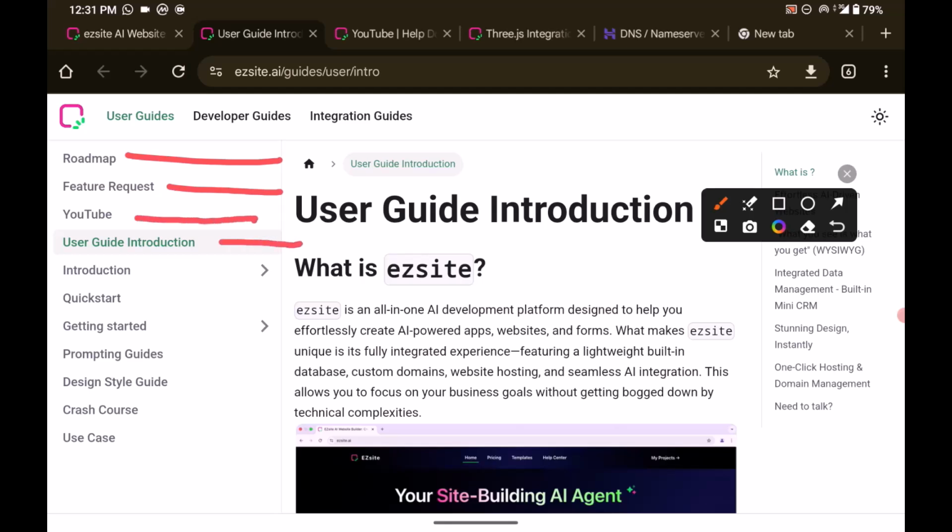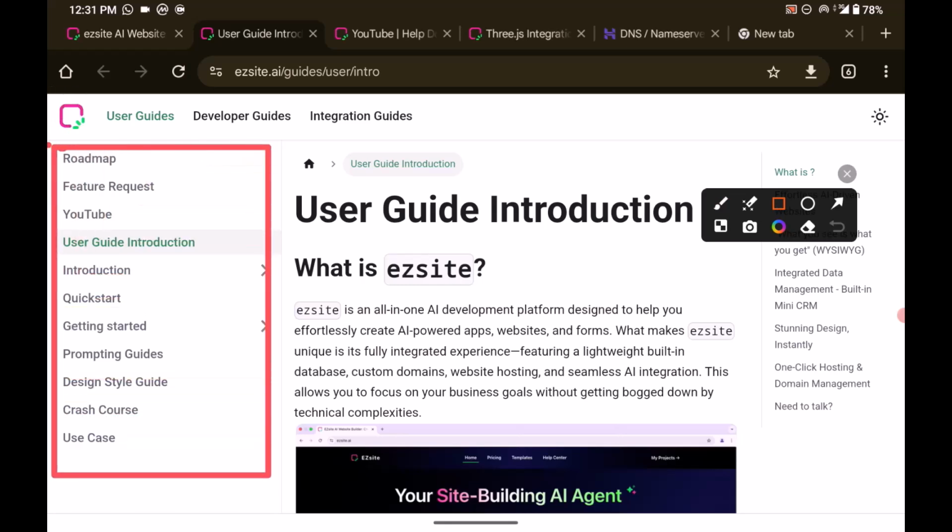So we have the user guide introduction. You could learn all these. You could see these are guides on how to go about designing your website with this tool. So it is very easy to use. You could just read this documentation to learn more, and this documentation would really help you to get more knowledge on how to use this tool. So you just come to the documentation and go through all this. So go through all these user guides if you are just a mere user. So this is the roadmap for you to go through,